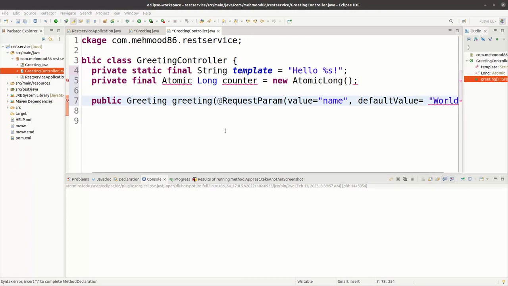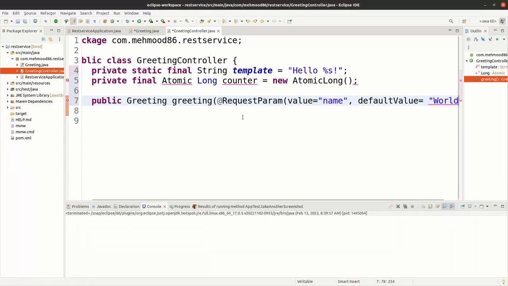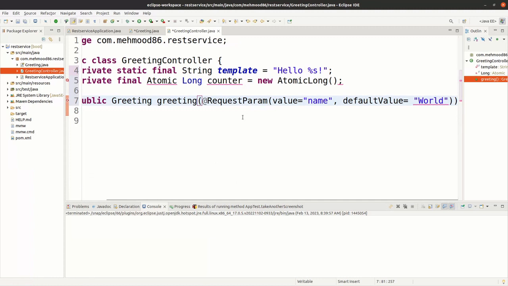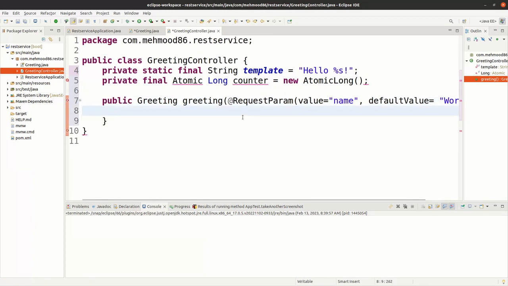So let's see if I can do it. Okay, once this is done, in the body of this method we simply return